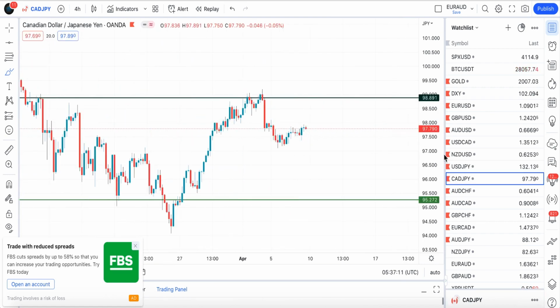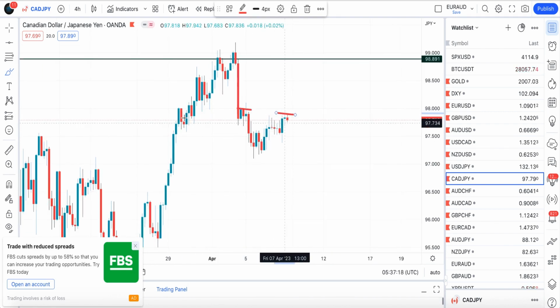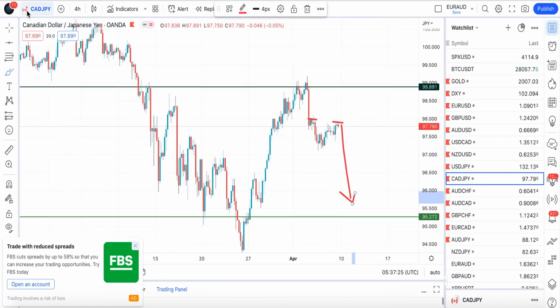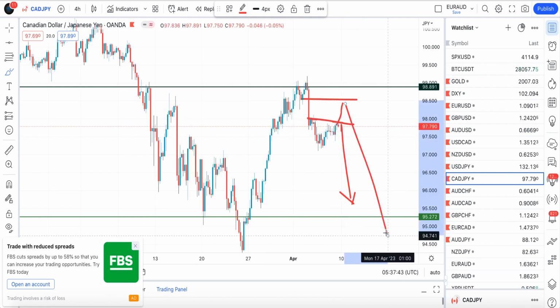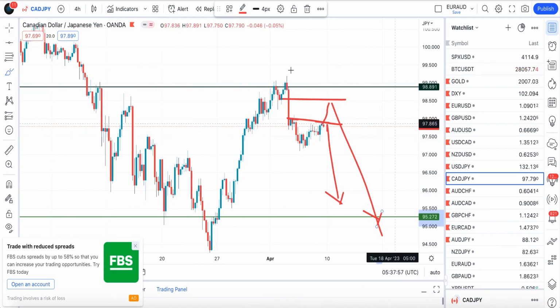So the next one I want to check is Canadian dollar Japanese yen. This one we have been on this trade since last week. We are hoping for it to decline at this particular level to the downside. So that is our projection on Canadian dollar Japanese yen, as we are in a risk off environment right now. So I'm looking for CAD JPY to decline at this particular level. If there is a retracement, then maybe you might see it coming to this level before declining to 95272. So the overall bias on Canadian dollar JPY is to the downside. So any retracement you see should give you what we call a bearish bias opportunity.